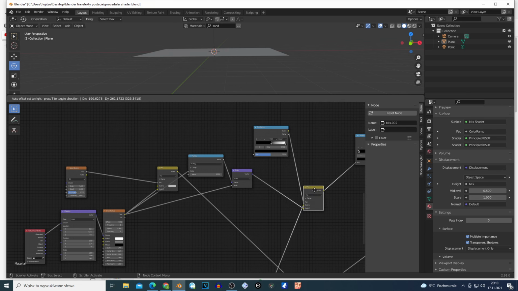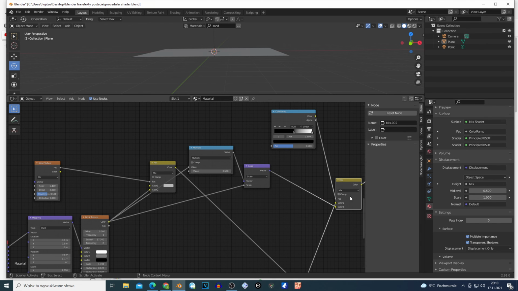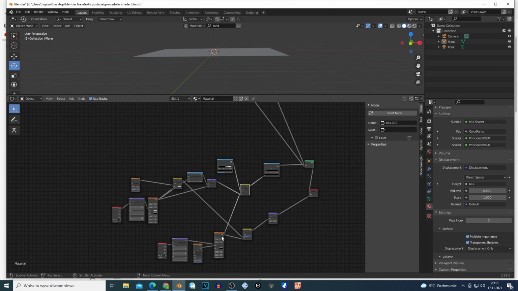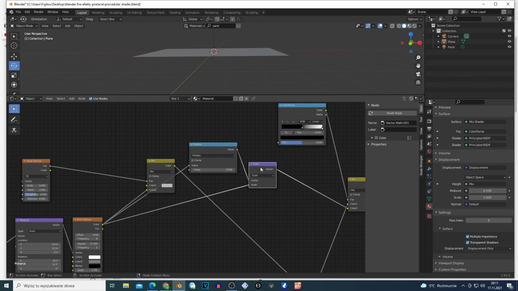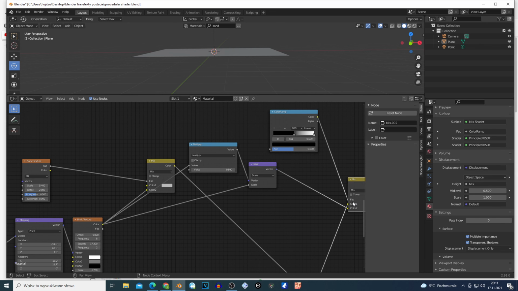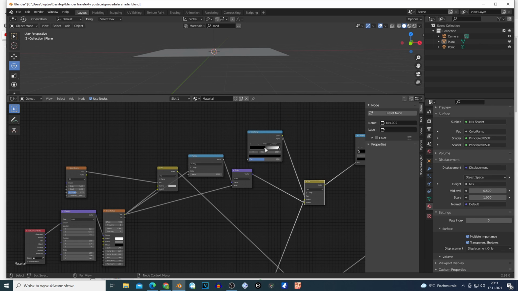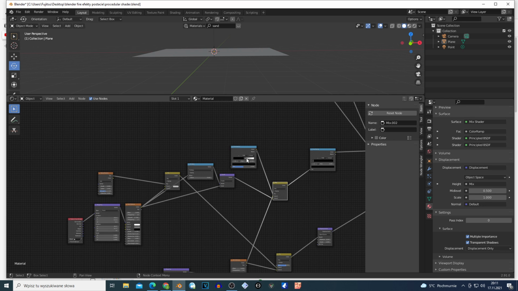And this goes to another mix RGB that we connect in this ground setup from the brick texture right here. This goes to this color, and this setup, this vector math scale goes to the second color. Color ramp goes to the factor on this mix RGB, bring the blackness right here in the middle, and another mix color ramp,